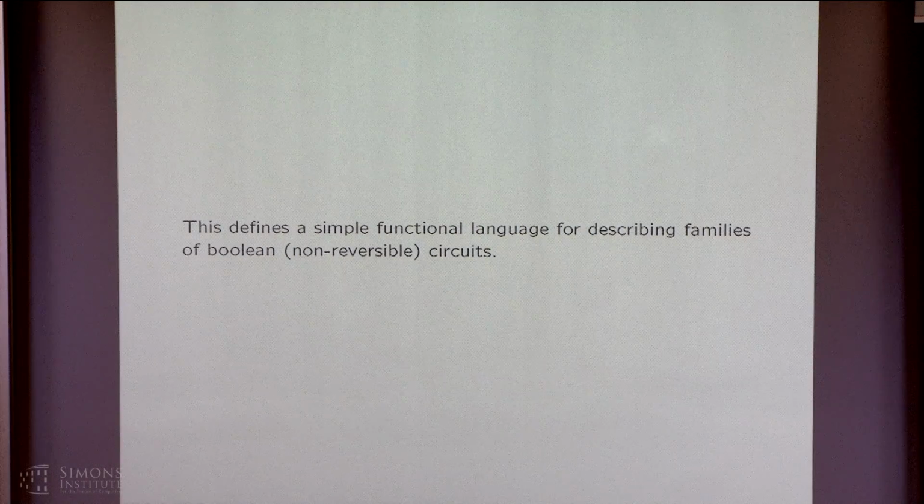So I have bit, I have bool, I don't have qubit, right? But you have gates such as AND, for example. So this describes ordinary circuits, not the reversible kind. And you can actually use this programming language. It's actually quite convenient and type safe, right? Because it has a model.